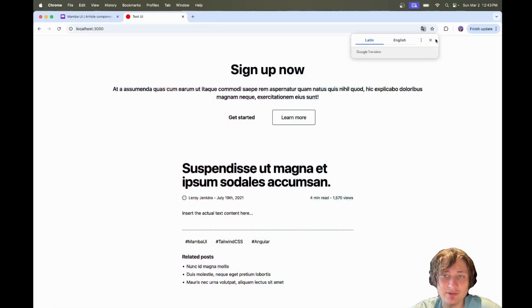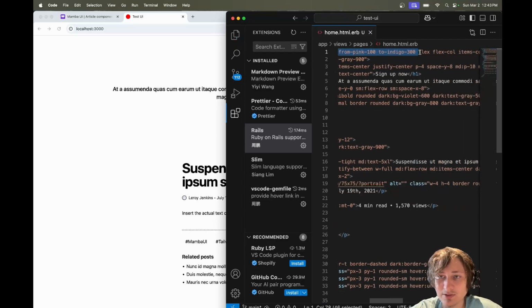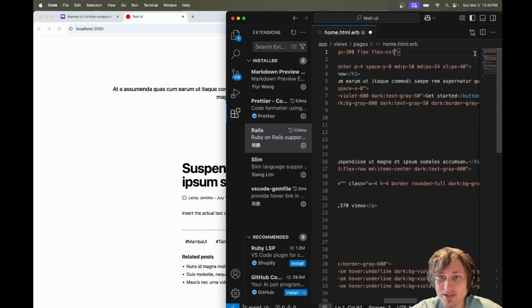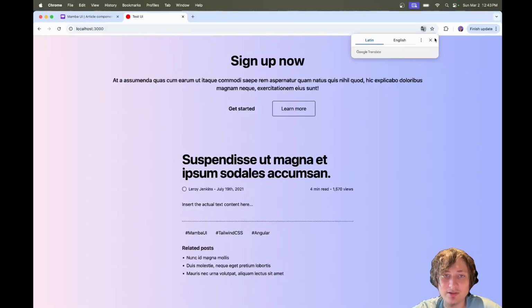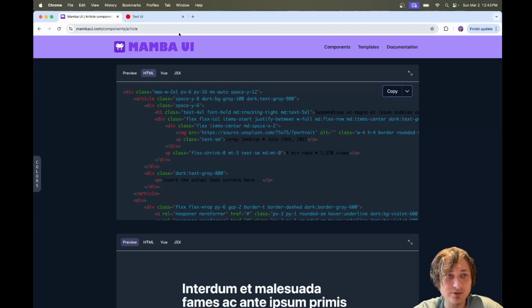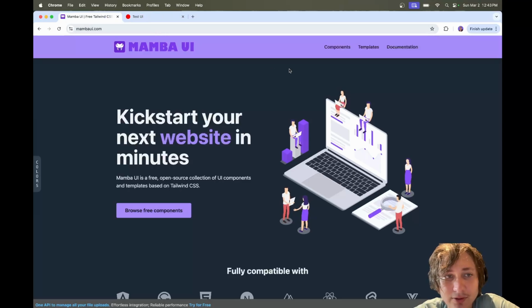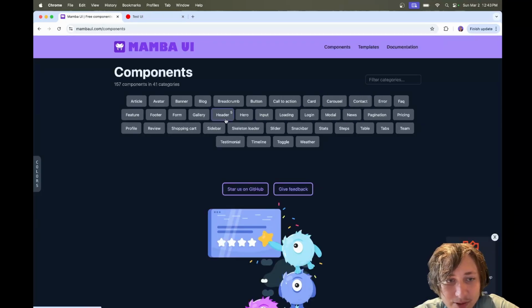I'm gonna get rid of the backgrounds. I'm gonna get rid of the item center because I just want to see what it looks like. All right, yeah, it's not bad. What else is there though? See, the thing that MambaUI doesn't have that Flowbite does is a lot of things actually, like the hover effects. Like there's no hover effect. There's also, I don't know if the JavaScript works. So let's try to go find like a drop down component if they have that,